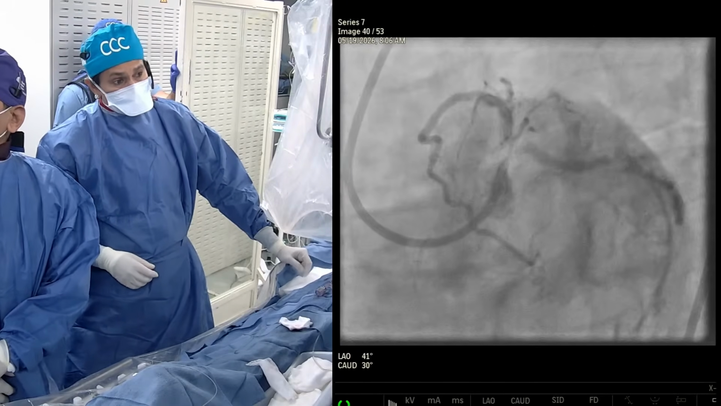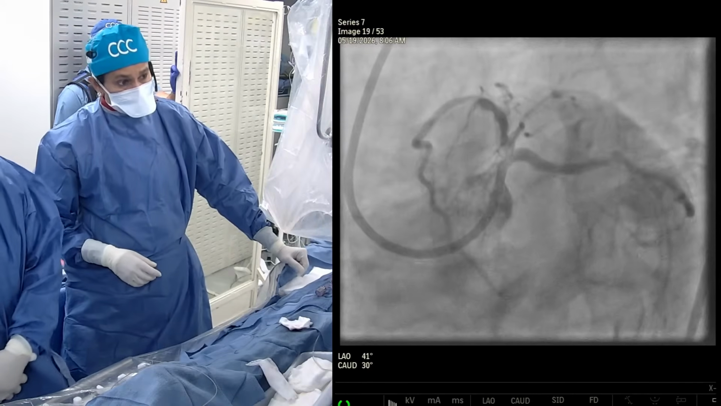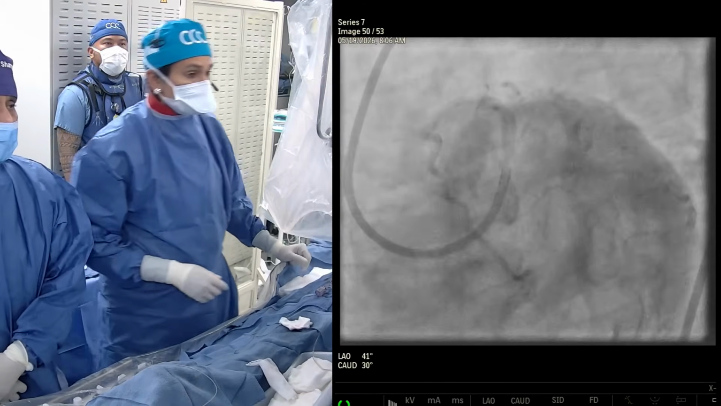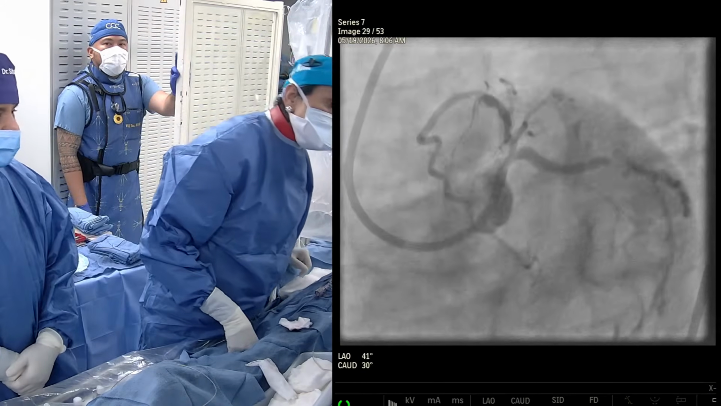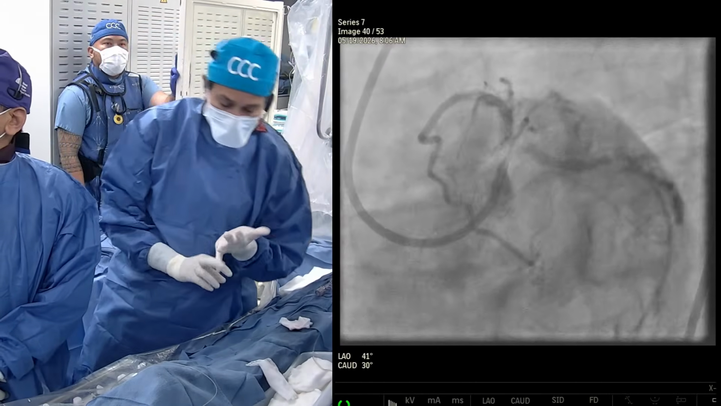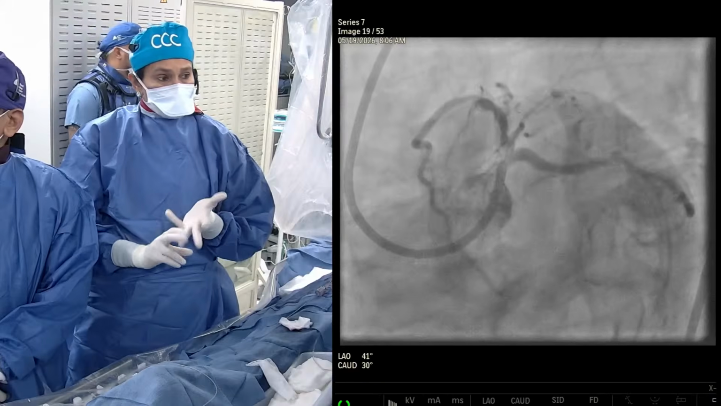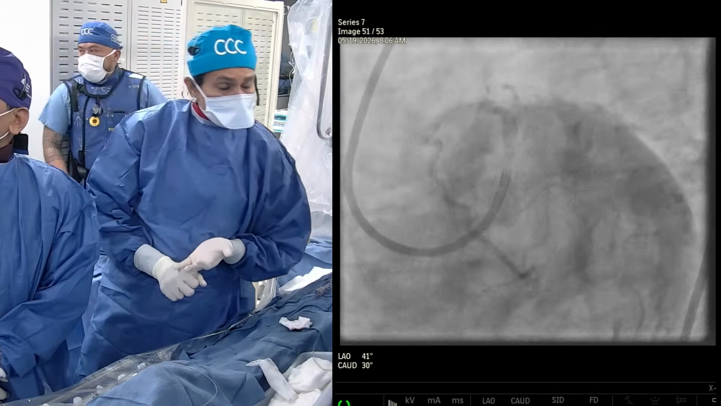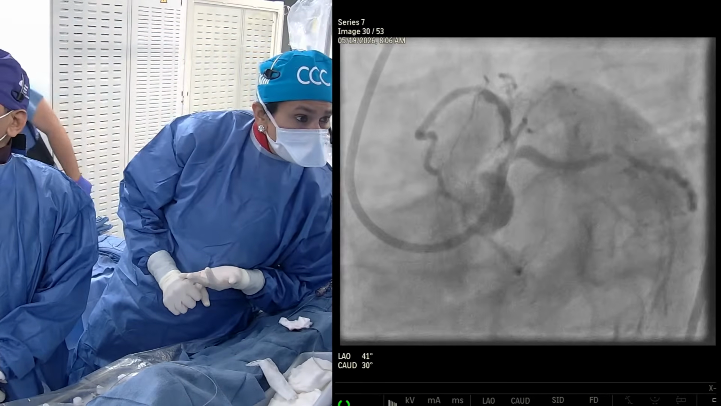The question would have been whether to use a 2.0 burr versus 1.75. I think this is a large calcific nodule. It will probably require a combined strategy. We have IVL ready also. So what will we do? We'll do the rotational atherectomy with the 1.75 burr. Then we will wire the LAD, and after that we will take care of the